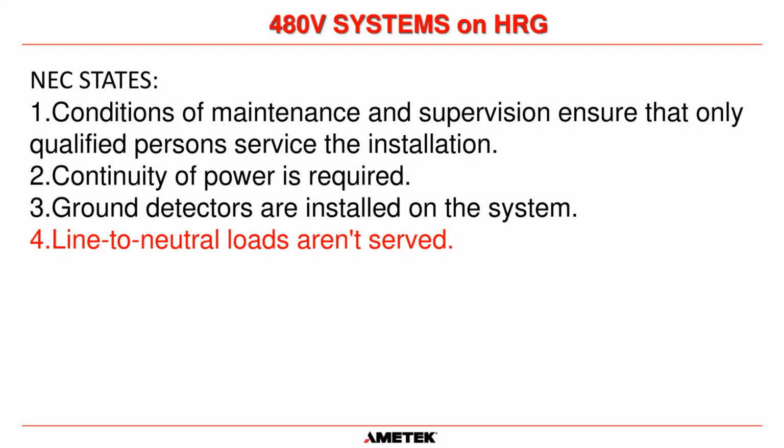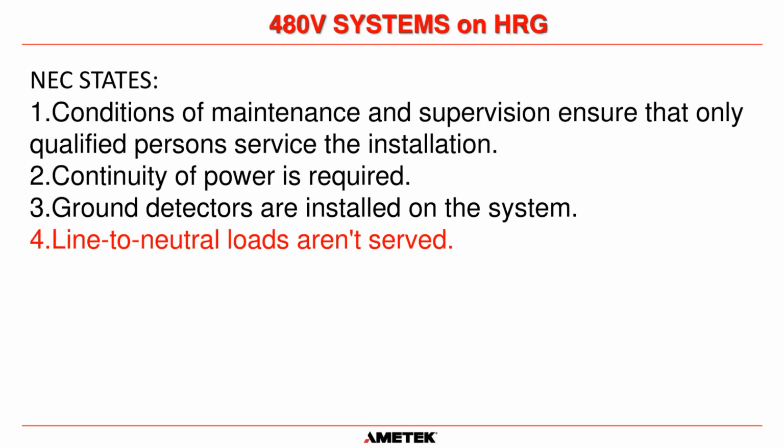So if you're not sure what a high resistance ground system is, a high resistance ground system is where it's actually a floating system. The neutral is not physically tied to ground. What they do is they connect neutral to ground through a resistor network. And that resistor network is designed to limit the current if there is ever a fault between any of the phases and ground. Okay? And the NEC states that you must meet these 4 conditions to be able to run